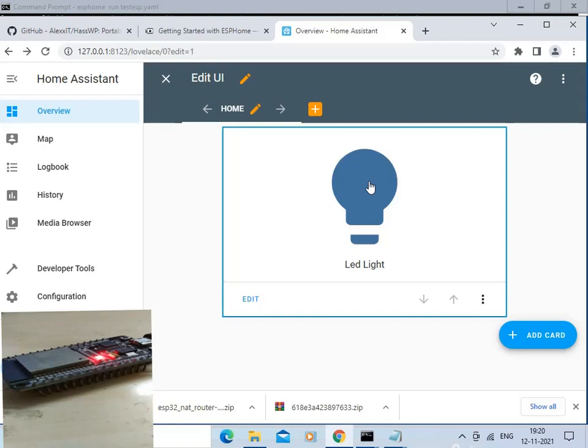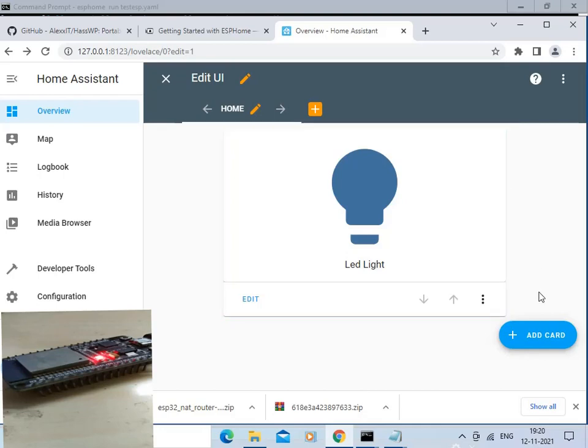Let us turn the LED light on. So now LED light has been turned on, and you can see on the ESP board the LED is on. Let us turn the LED light off. Now you can see the LED light is off, and same status is getting reflected on the ESP32 board.